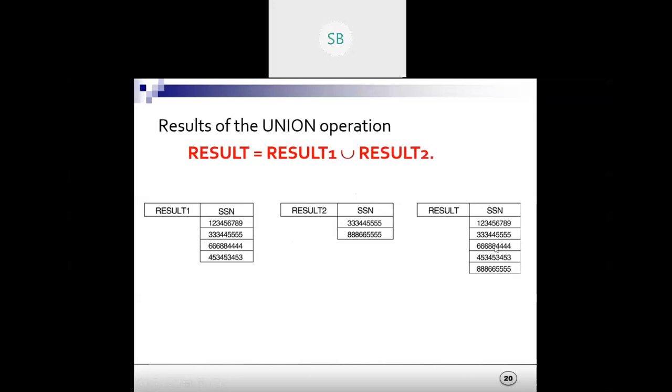But you can check here, it will delete the duplicate ones. Accordingly 6 tuples should be there, but here you will find only 5, because you see this is common: 3 3 3, 4 4, 5 5 5, and here also the same thing. So we are eliminating the duplicates, that is why it will take only one time, and we are getting 5 tuples.